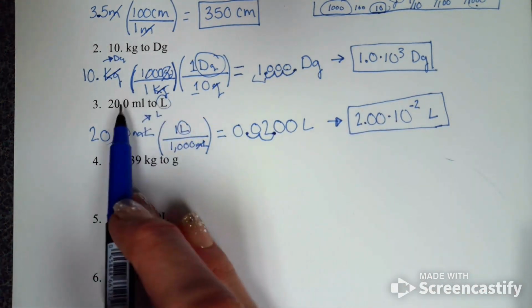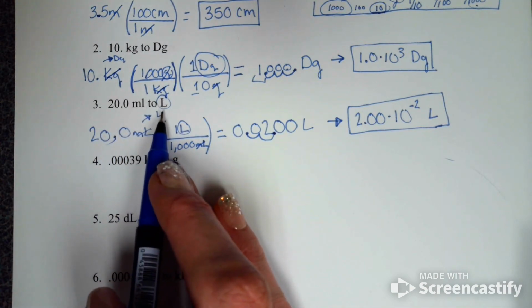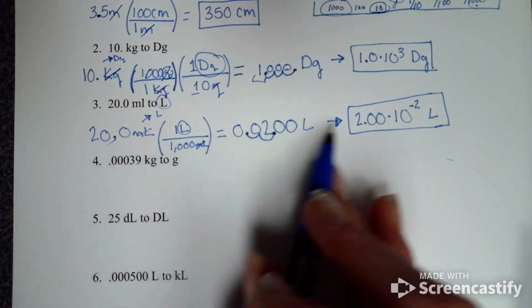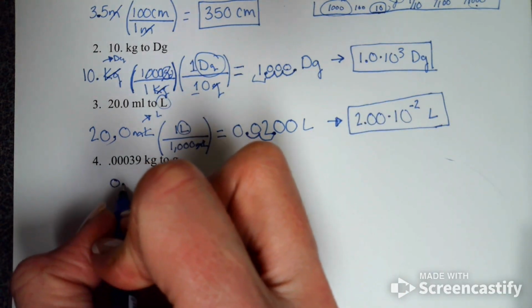Now, if you go back and process it, 20 milliliters is just a small fraction of a liter, which is why you got a small number. All right, next we have